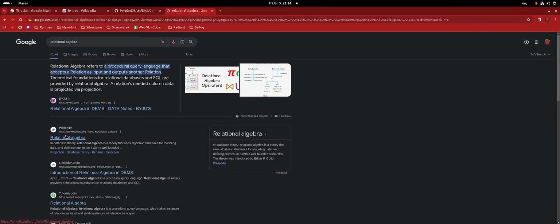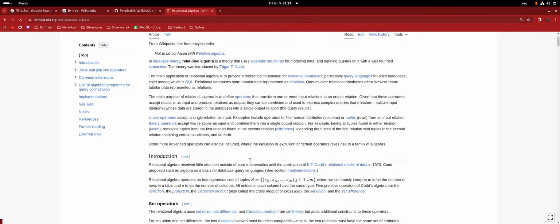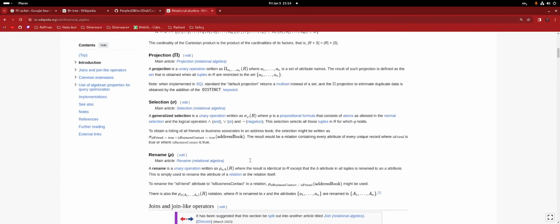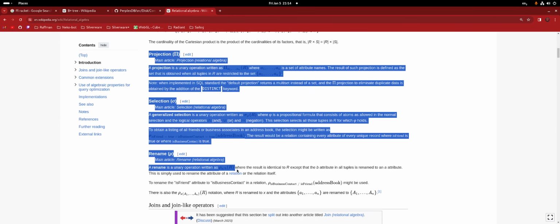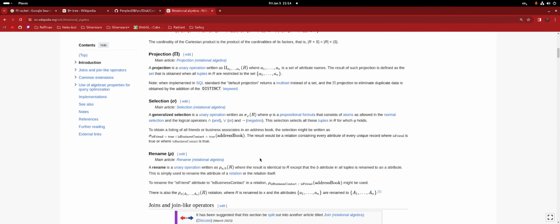It's on Wiki. Yeah, go down, set operators, selection and projection. So in SQL the projection is the select and the selection is the where. Yeah, basically. I remember that. So that's basically the idea there.